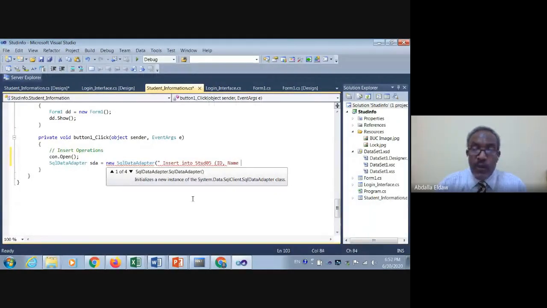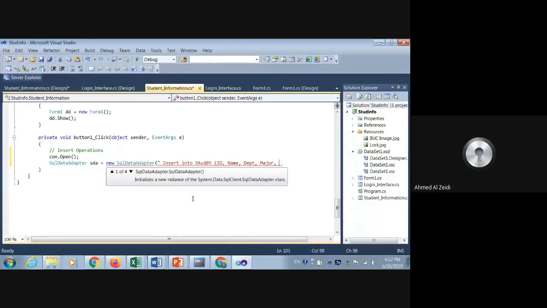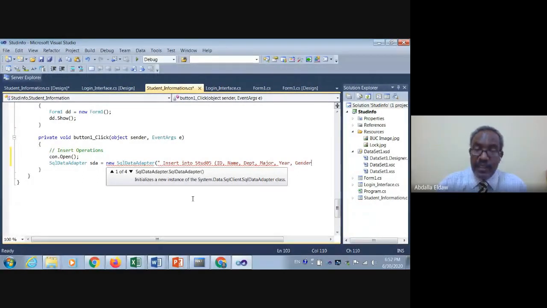The students who were with me in Oracle last semester will know this command. Insert into table name, dept, comma, measure, comma, what we have, year, yes, year, gender, and grant, or gender. Okay, and like Oracle, values,